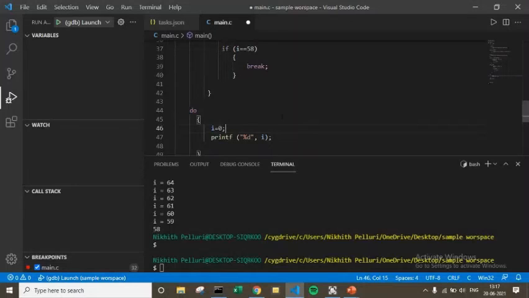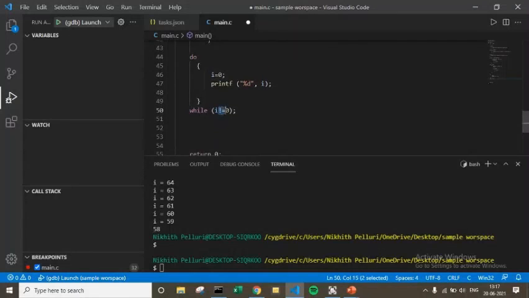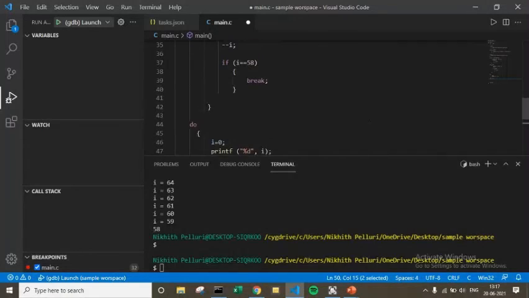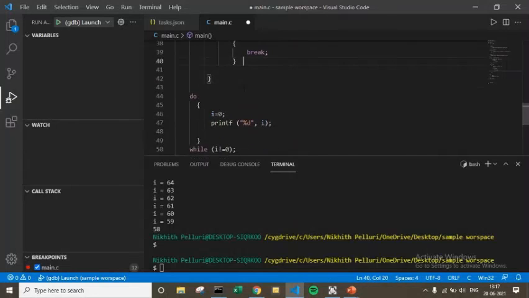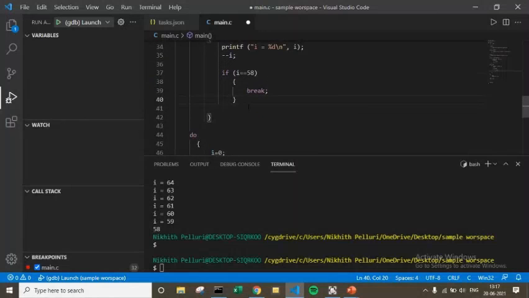Okay, the bug has been sorted out. That is, when the condition was i is not equal to 0, then it should print out. At the end of this loop, i became 58, and hence this became an infinite loop, as we are not even modifying the variable. So the printf statement kept printing out the values.